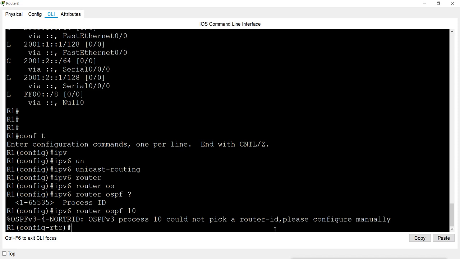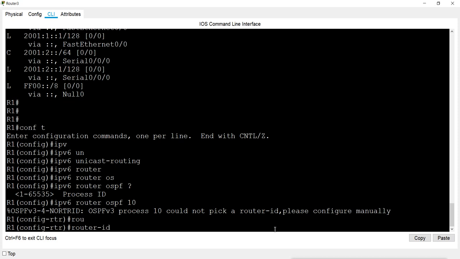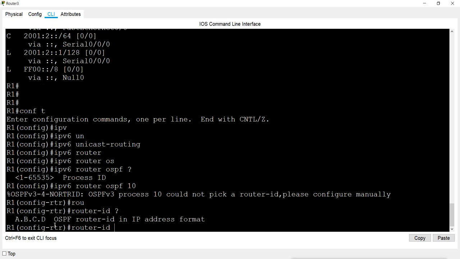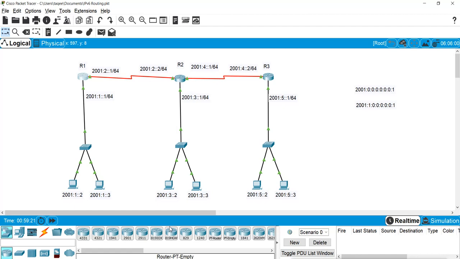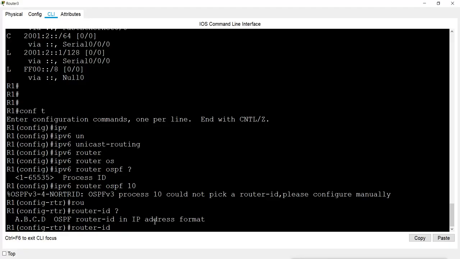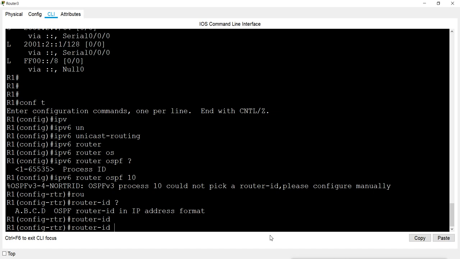So in the same mode, I will give the command router-id, and then you will mention the router ID here. Because we are using IPv6 on all these interfaces, it is not able to get a 32-bit IPv4 address. IPv4 addresses were 32-bit, but these addresses are 128-bit. The router ID still uses the IPv4 type 32-bit address, so it will not get this one. So we have to mention the router ID manually, and that means we have to mention it like IPv4. Like I am saying 10.0.0.1.